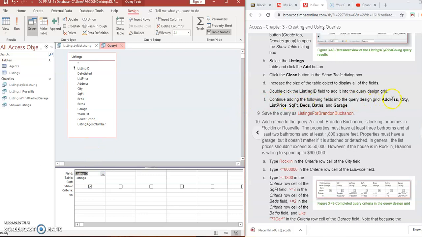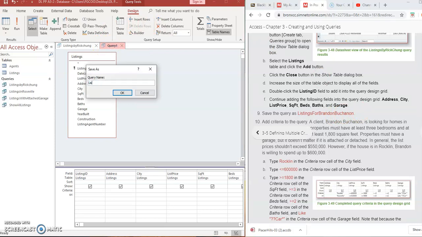Continue adding the following fields in the design grid: address in the same order, city, list price, square feet, beds, baths, garage. It doesn't matter what order it appears here; whatever order you mention here is the order you're going to see in the query. Let's save the query as listings for Brandon Buchanan. Right click this and save. So you're going to say listings